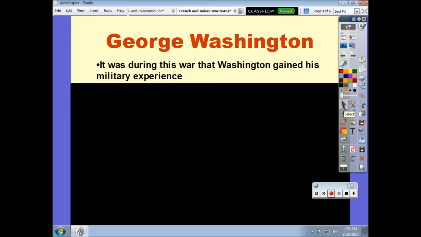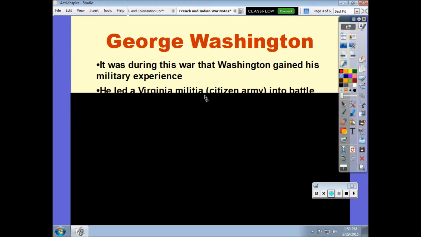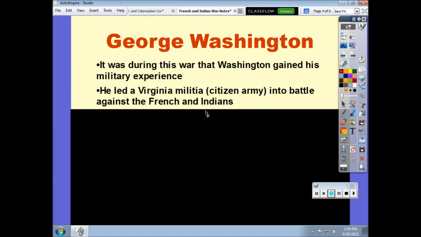So it's during this war that he gets his military experience. He really isn't a person with any kind of military experience prior to this. As a matter of fact, he tried to get into the Redcoats, but he had a hard time doing that. They would not let him in because he was not an English-born person. He was born in the colonies, and so they really didn't see him as a person that could be a Redcoat officer. Instead, they wanted him to be a lesser person in the military, somebody who would be taking orders rather than giving them. And so what he decides to do is use his money and influence to create his own militia and his own citizen army.